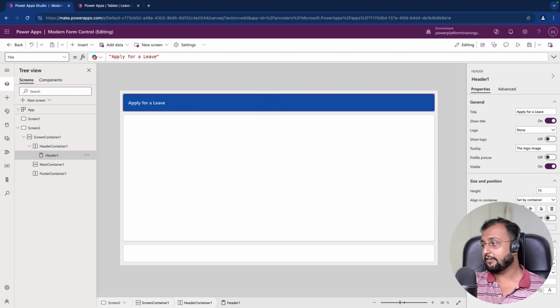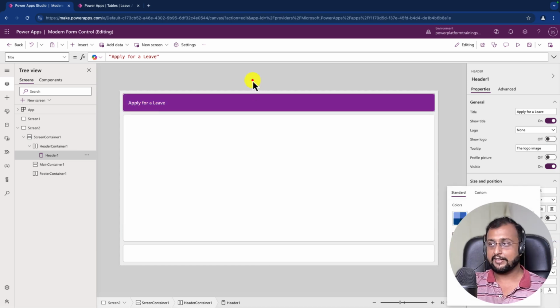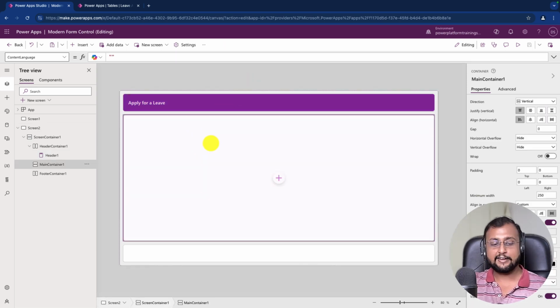You can also change the color palette from here. There is a style and palette section. Go to the color palette, click here, and let's just apply this kind of color. Looks nice. Now select your main container over here, and this time we are going to add the modern form